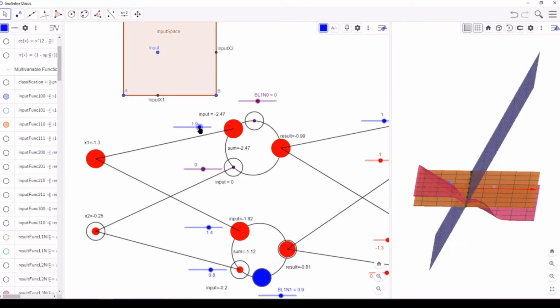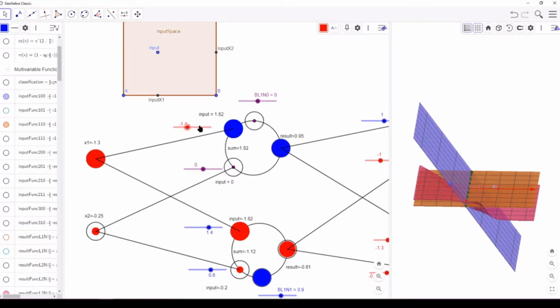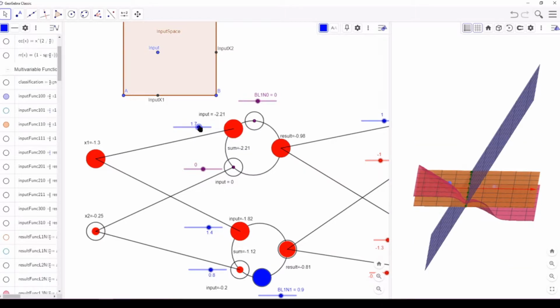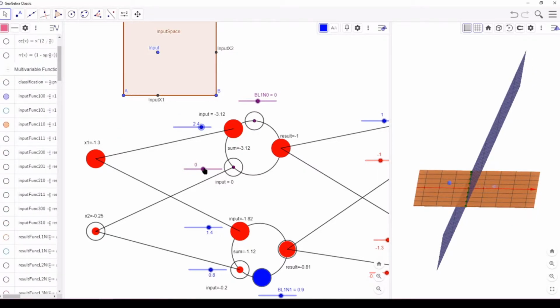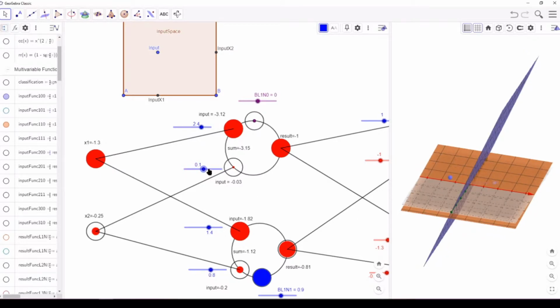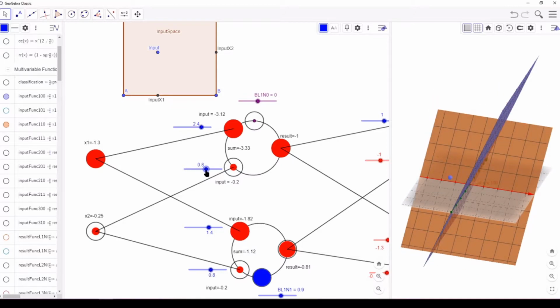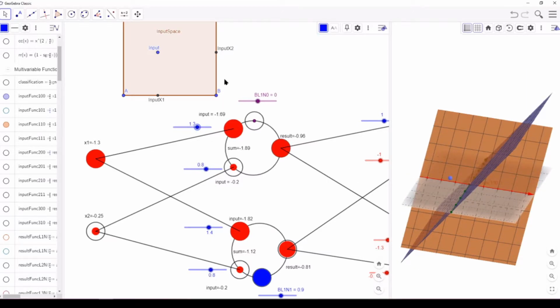And changing this weight changes this input function. And changing the other weight changes the other input function. And we can see changing the weight of the one doesn't change something about the other. And there's also this bias